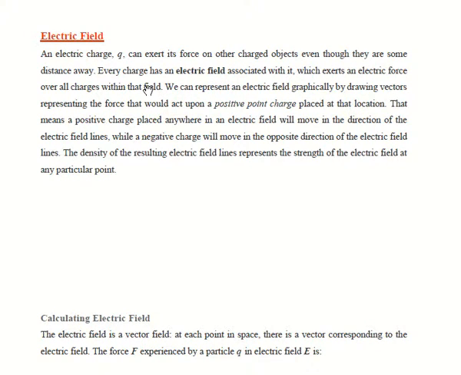So we can represent electric fields graphically by drawing those force vectors that surround a charge. So let's take a positive point charge. We'll say that that guy is positive. Then to draw the field around it, we're going to take what's called a test charge. Anytime you do anything with electrostatics, electricity, you might hear the word test charge. All that means is just some really small positive charge. So in comparison to this one that we drew right here, ours is going to be a lot smaller,